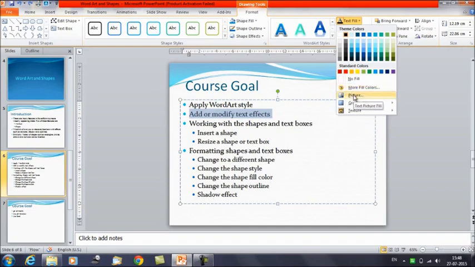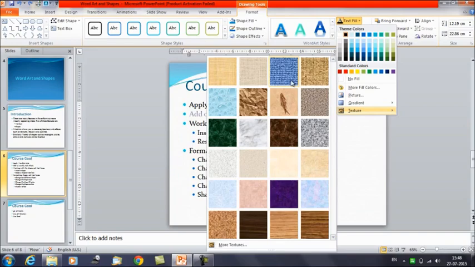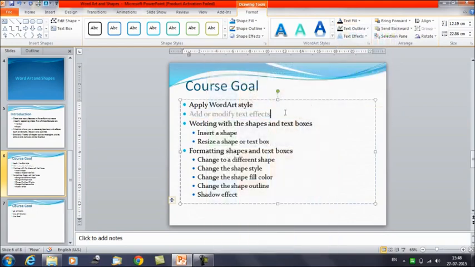Then you can click on the picture, the gradient and texture that would add a different kind of effect to your text. So you have multiple options by which you can select text fill, text outline or text effect, and you would make your text appear in a very different way.